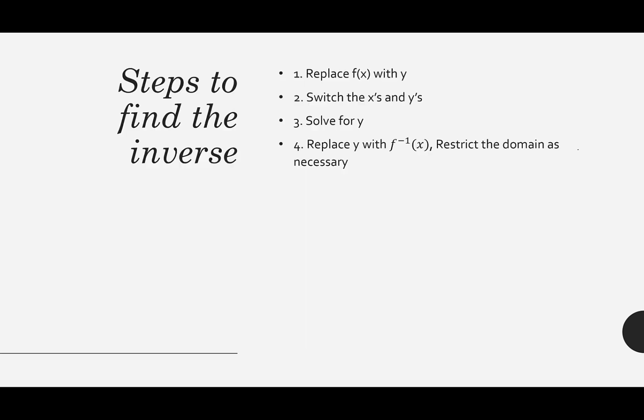and connect the dots. So bigger than that, if we actually have a function right now and we want to find the inverse, we have these nice 4 little steps that help get us there. So step 1 is to replace f of x with y. So we introduce y into the function. After that, all the x's and y's switch. Anything that says y becomes x, anything that's x becomes y. Then you're always solving for y. So step 3 is the big step. And then the last step is to replace y with f inverse of x. There is this extra part that you have to do occasionally, which is restrict the domain of the inverse function to make it a one-to-one function. So I need to start with a one-to-one function, I need to end with a one-to-one function,